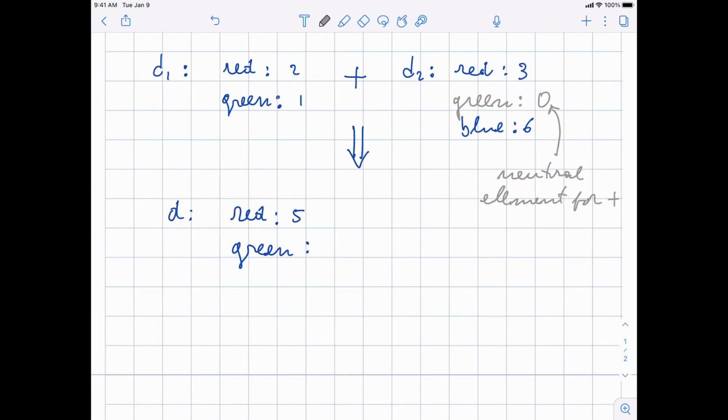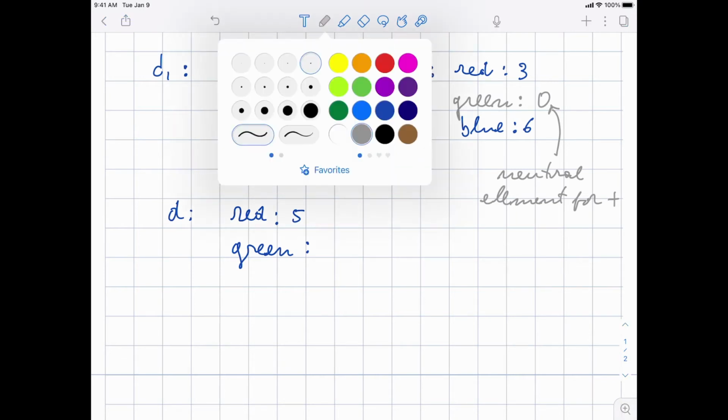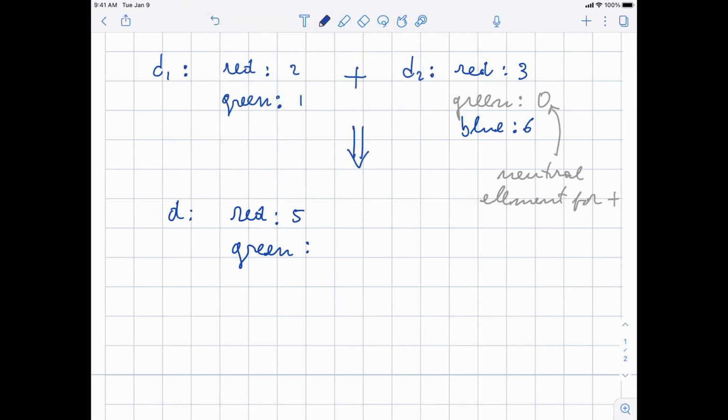If we were multiplying, the neutral element would be 1, right? Multiplying by 1 doesn't change the number. So green is 1 plus 0 and is 1. And blue is 0 plus 6. And so the sum would be blue 6.